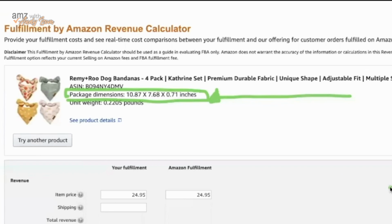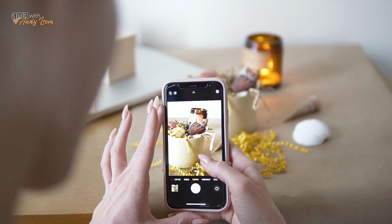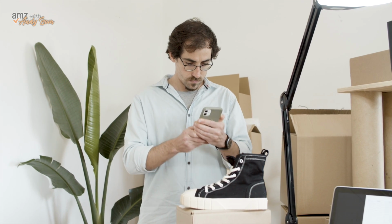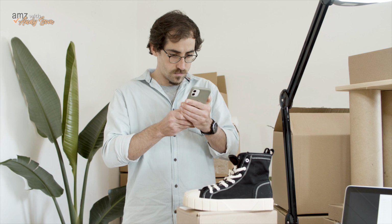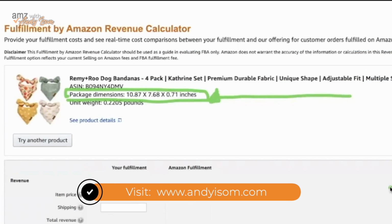And I would take photos. I would lay it out on a table, get out your tape measure, hold it out, and take a photo. Have someone help you do the other dimension, and take a photo. So you can have photo proof of what your package dimensions are, and then put it on a scale and take a photo. That way, if there is an issue and you need to dispute it and they don't get it right,